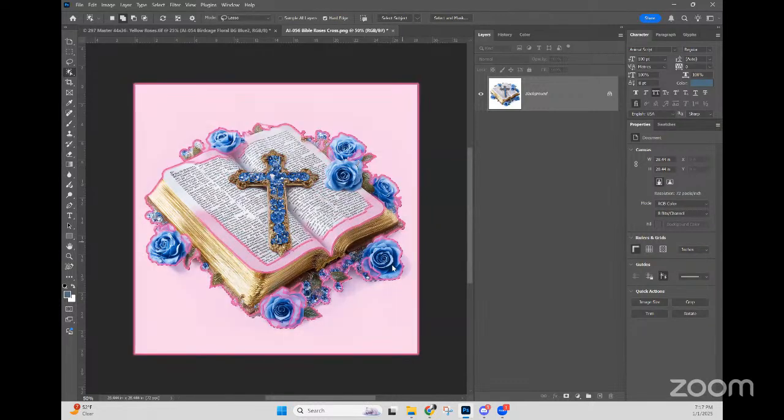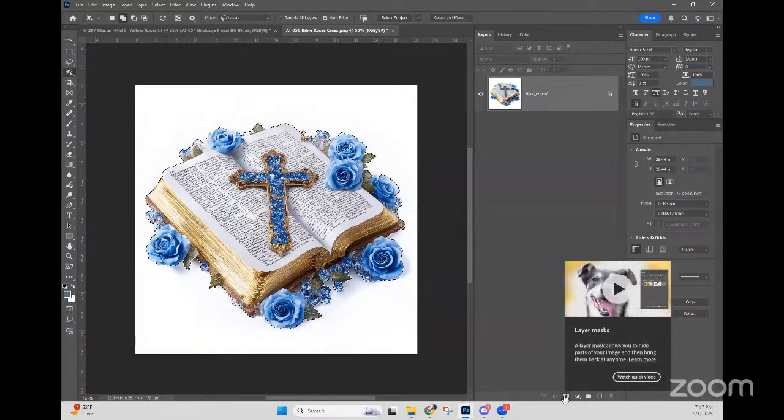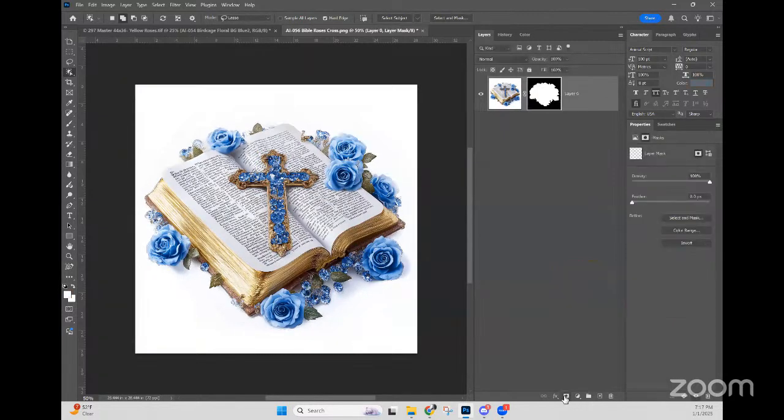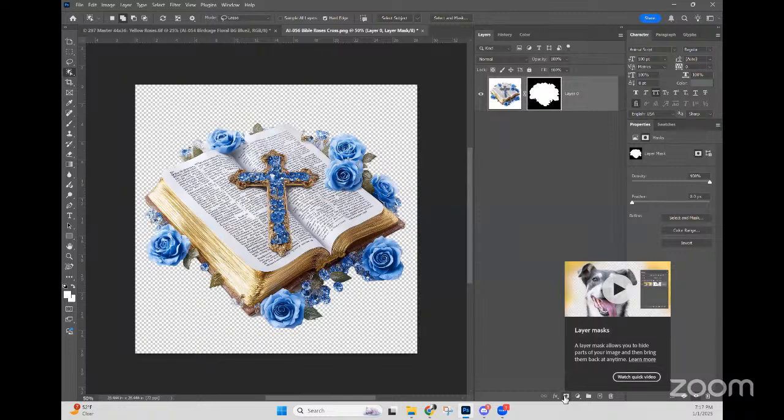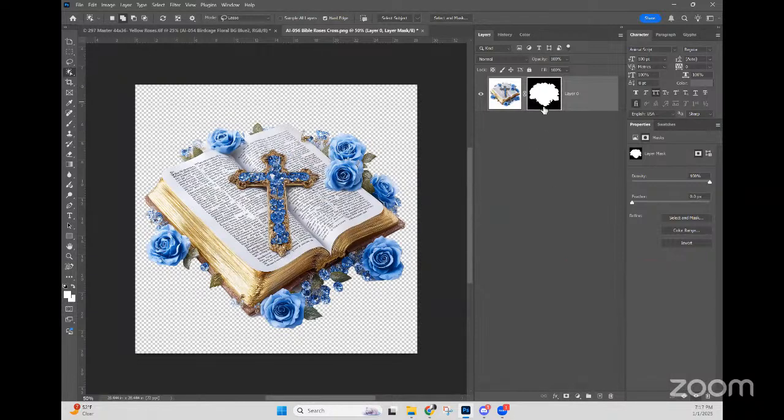These little dotted lines here represent basically a tracing of the contour. Okay. Now once I hit this rectangle with the circle, that's going to make a layer mask. And that layer mask hides everything. It didn't delete anything, it just hides it. So I want you to pay attention to this layer mask here because black conceals and white reveals. So think about it like that dress that you love or hate, because the black is going to snatch